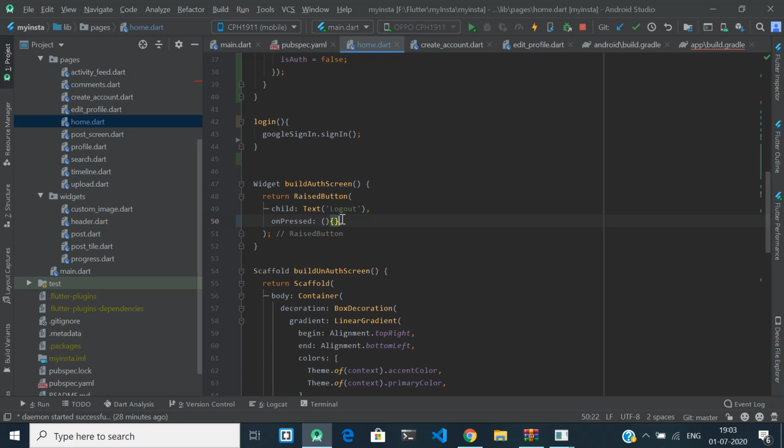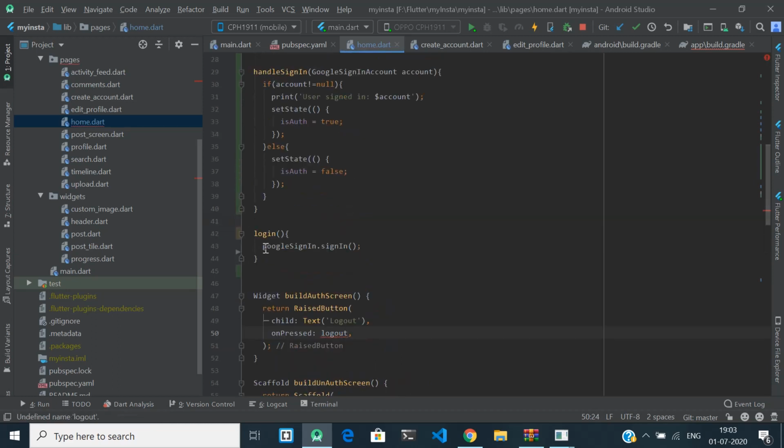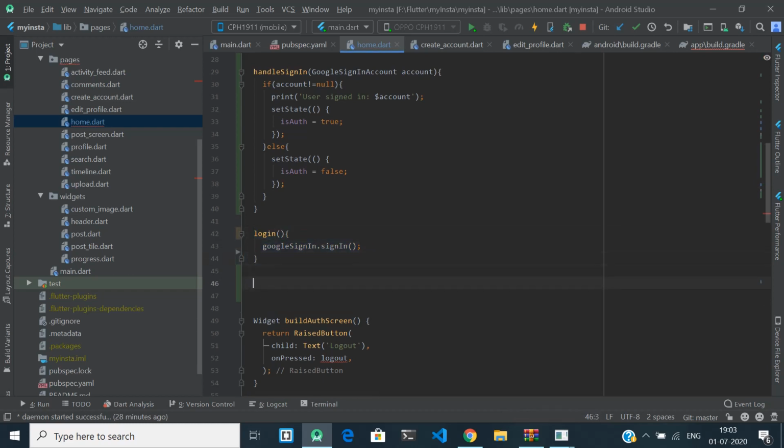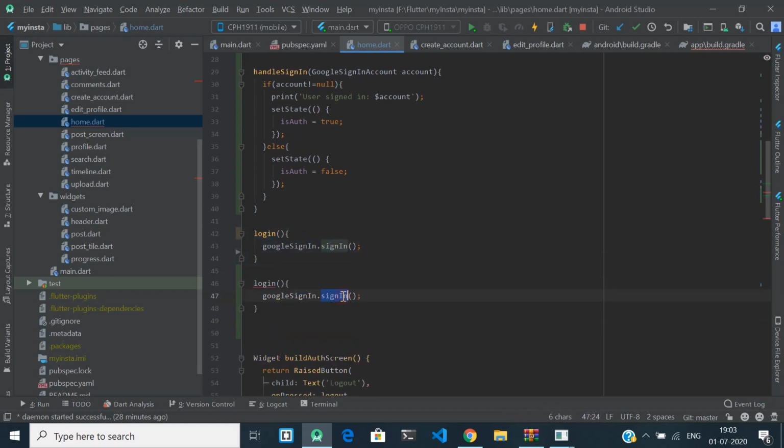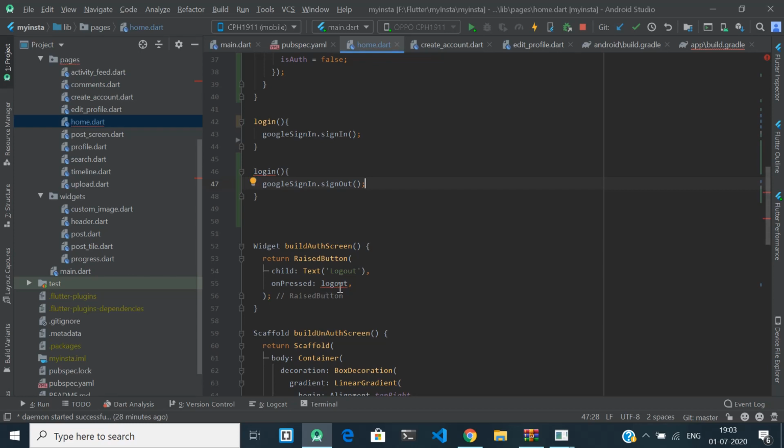We can create a function as we have created there. So logout, same as this. We have to give sign out. Right? Just run it again.